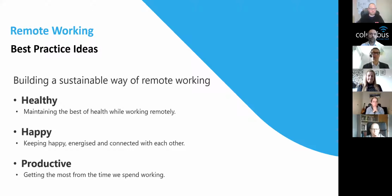In terms of remote working, I'll be unapologetic about this. There's a very good guide by Ogilvy, who is a marketing agency, and they kind of encapsulate a lot of the things that I would do on a day-to-day basis in a remote working environment. And it's around 3 core aspects, one being healthy, maintaining the best of health while we're all working remotely, being